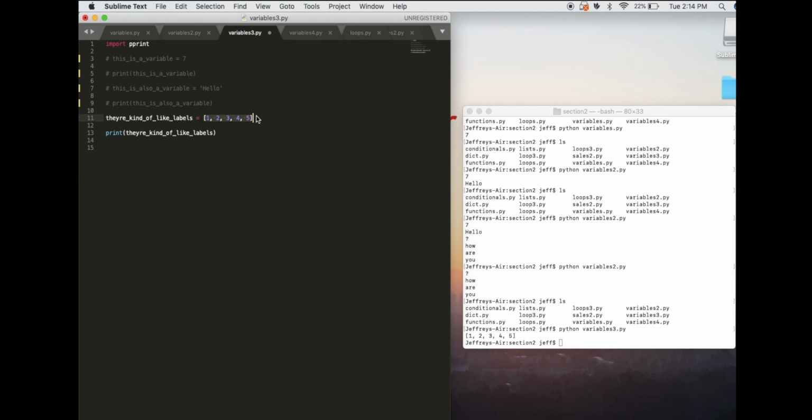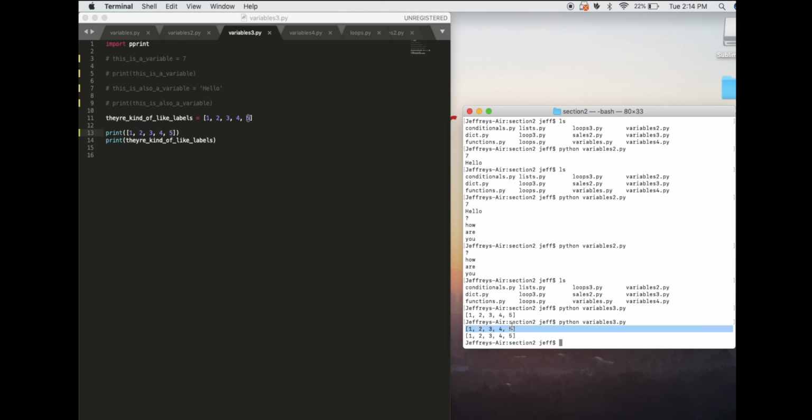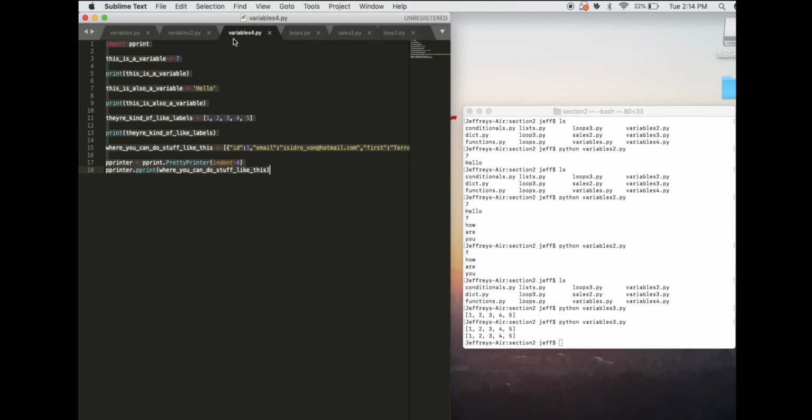Instead of writing this, which is also very possible, if we just printed it out directly, as you can see, it printed it twice because it has 1, 2, 3, 4, 5, and also they're kind of like labels. So it's kind of repetitive, but as you can see, the message is clear. So as you can see, they are exactly like labels. They're just a more convenient way of holding